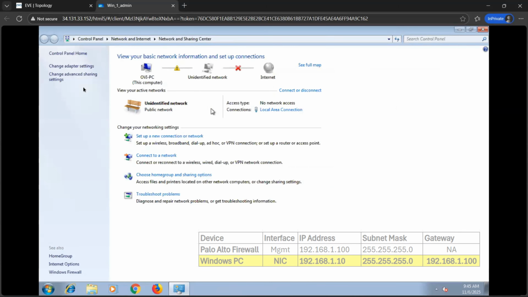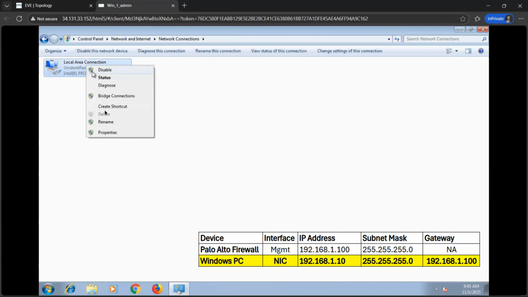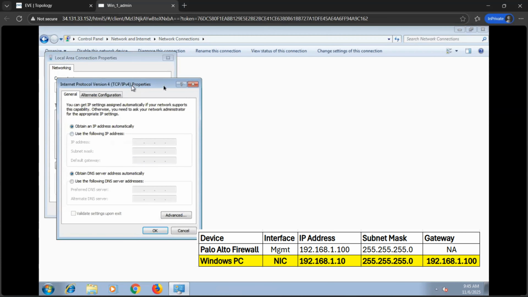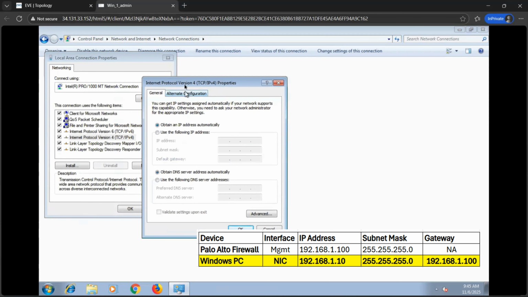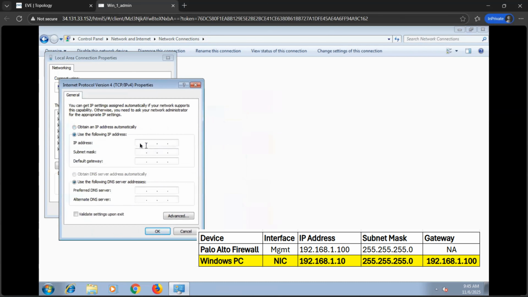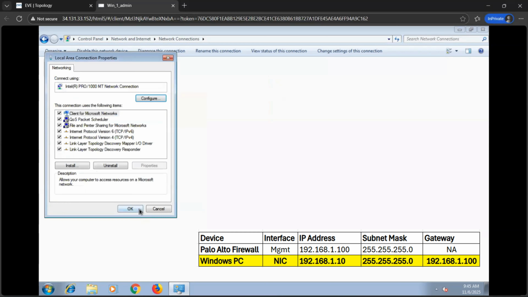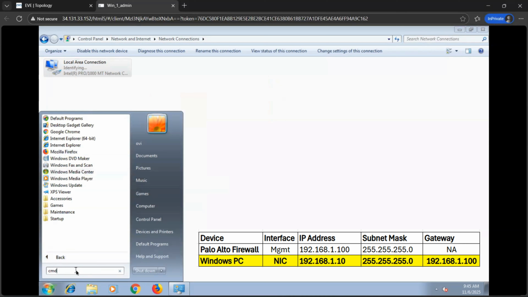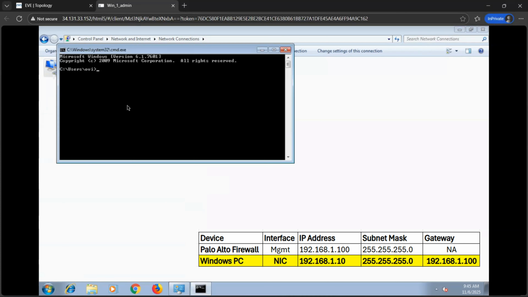Next, open the network adapter settings and set a static IPv4 address as shown on screen. Now, open the command prompt and verify your configuration using the ipconfig command.